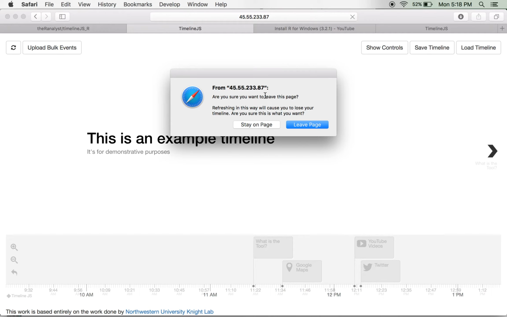It doesn't say it in those exact words, but it says, are you sure you want to leave the page? You may lose your data. We're okay with that. We're going to leave the page. This was implemented so that if you're building a tool and you accidentally refresh the page or accidentally try to close the tab,